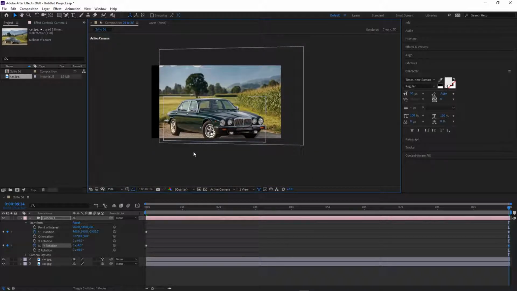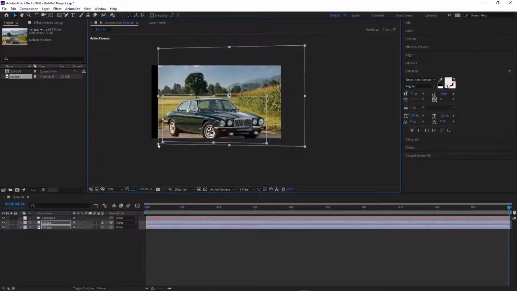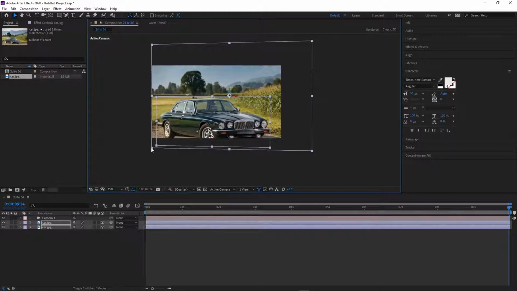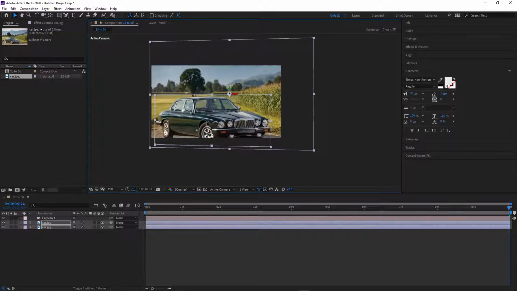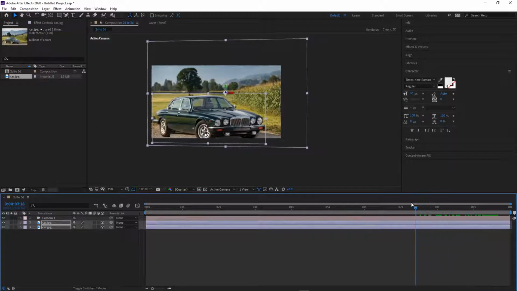So let's fix that. How I fix that is I take these two images here and I'm going to make them bigger. I'm going to scale them up. Now I could hold the shift key and that will keep the aspect ratio in the correct position, or it'll keep the two of them lined up. So now